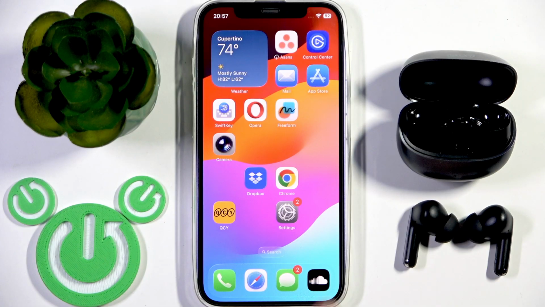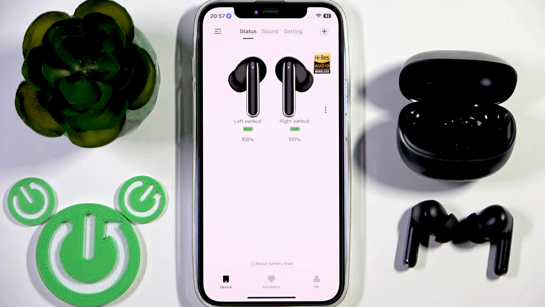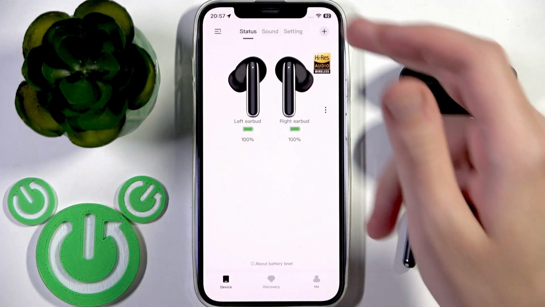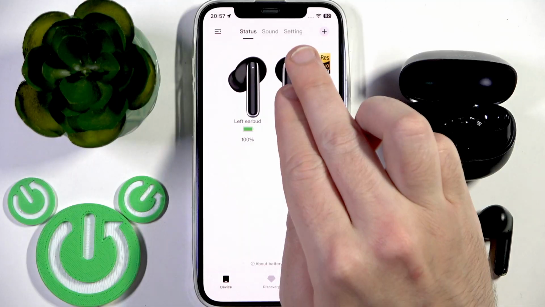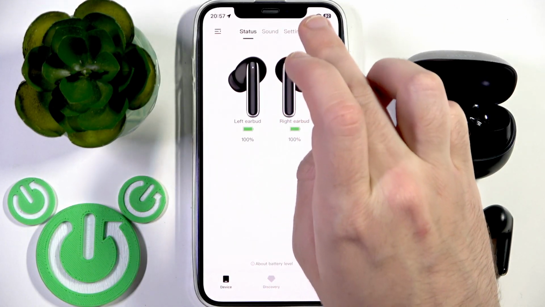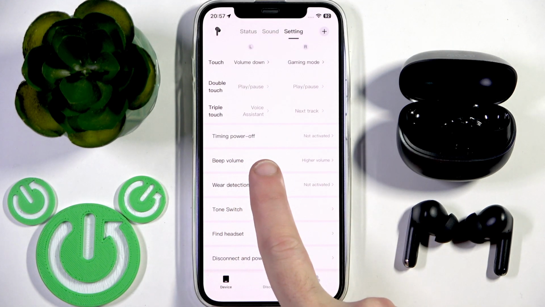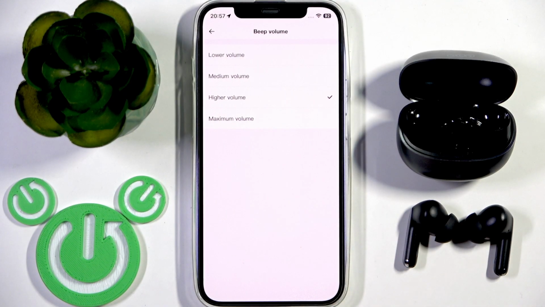You have to start by opening the QCY application. Now your earbuds should be turned on and connected with the app. Then the application opens your headphones menu. You need to go to the settings at the top right, and right here you need to find beep volume, then tap this line, and you can increase or